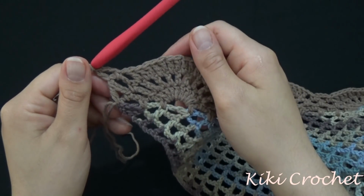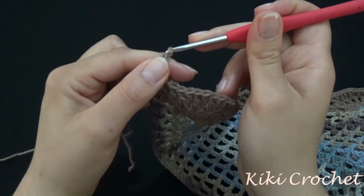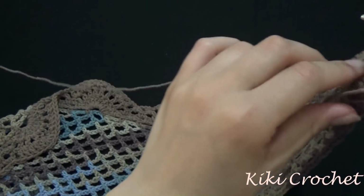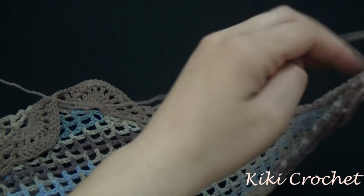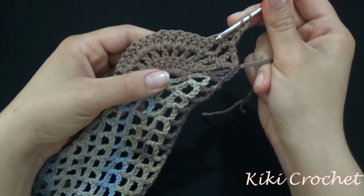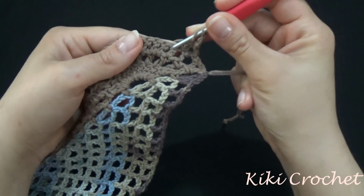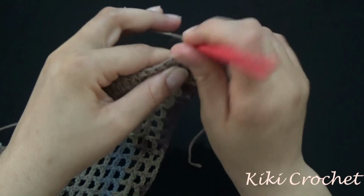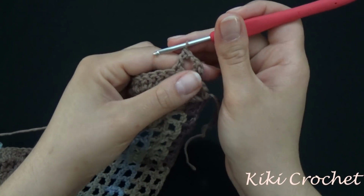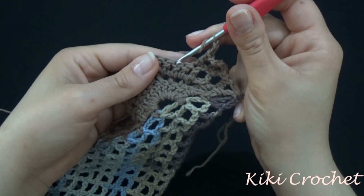Okay, now we're going to start row number 5, and I'm going to start by chaining 2, and turn your work. Okay, so after I've worked my 2 chains, go right ahead and go on top of your shell. Okay, start from the first double crochet of the shell and work 1 double crochet. Now chain 2, skip the next stitch, put your hook in the stitch after that and work 1